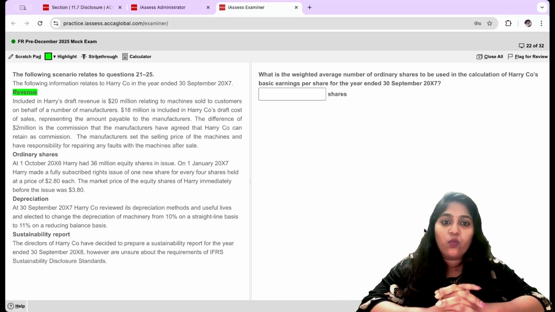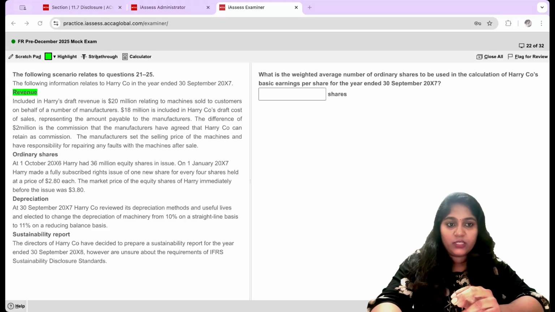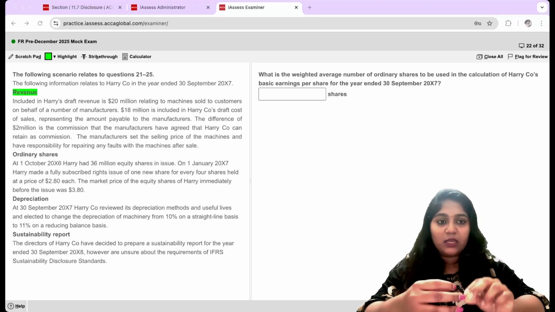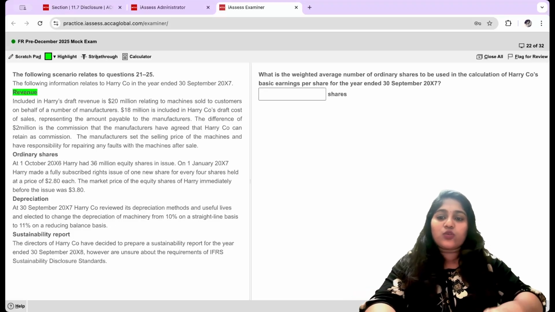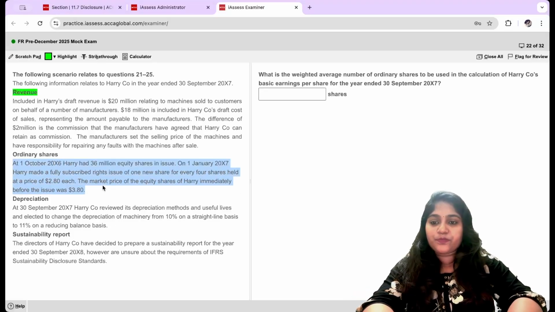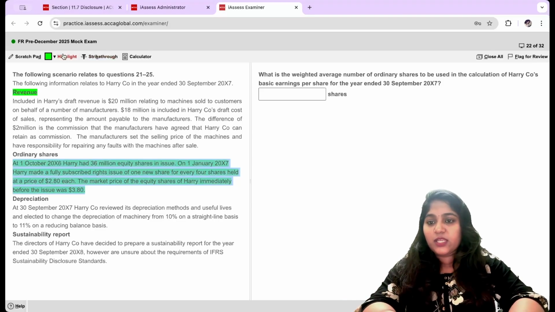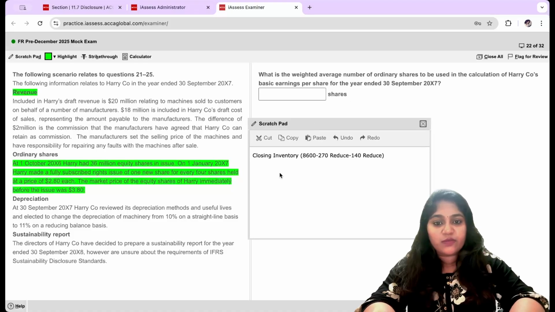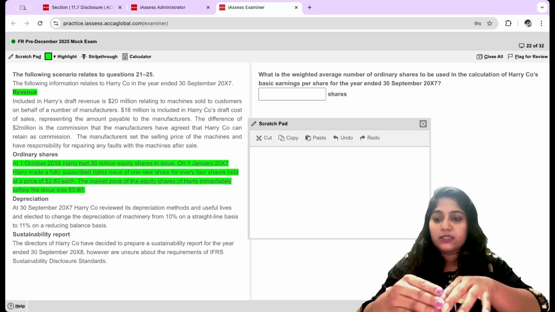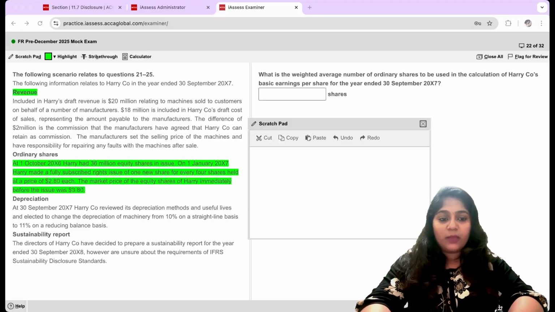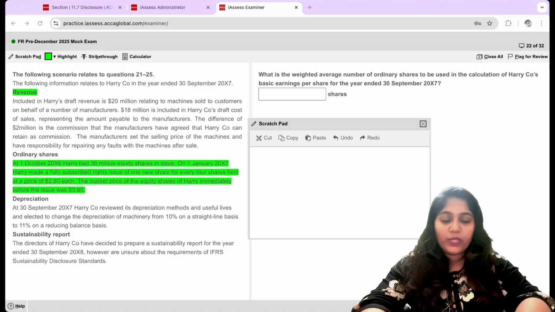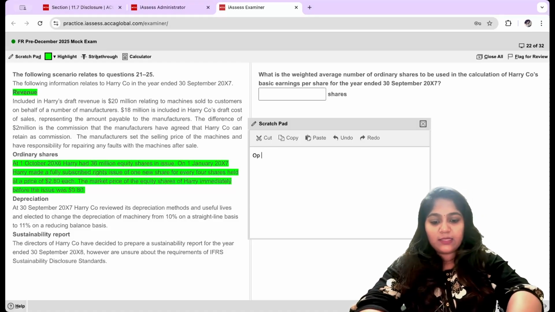Now let's move to: what is the weighted average number of ordinary shares to be used in the calculation of Harry Company's basic earnings per share for the year ended 30th September X7? So what we can do is consider the ordinary shares. Please make sure that we calculate this easily, because it's very easy but sometimes we get confused. At 1st October X6 Harry had 36 million equity shares in issue. So the opening balance that I have is